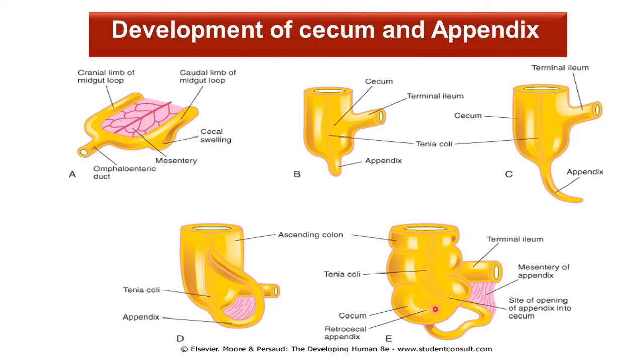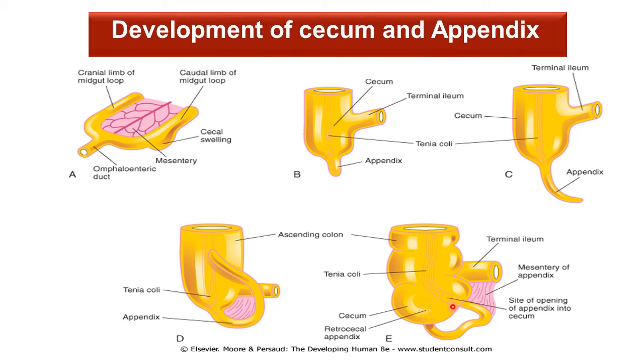It's one part, as you have seen here, that this half is growing faster as compared to its left half. Because of this unequal growth of the cecum, the appendix is shifted towards the medial side, so it attains the posteromedial side of the cecum. As it shifts posterior to the cecum, we label it as behind the cecum, known as retrocecal appendix. That is the normal position in the gross anatomy.